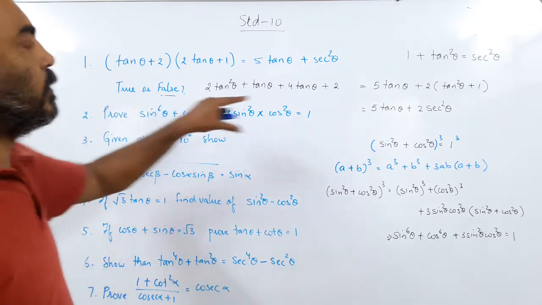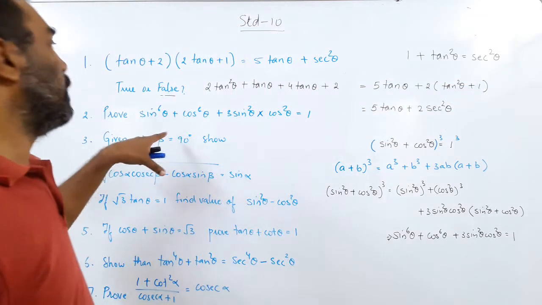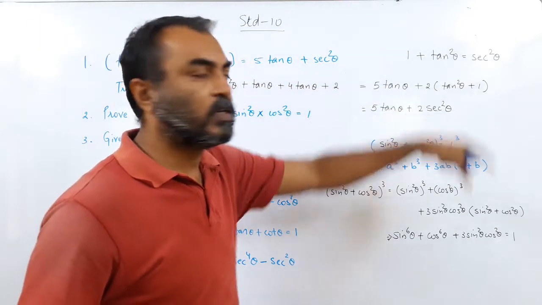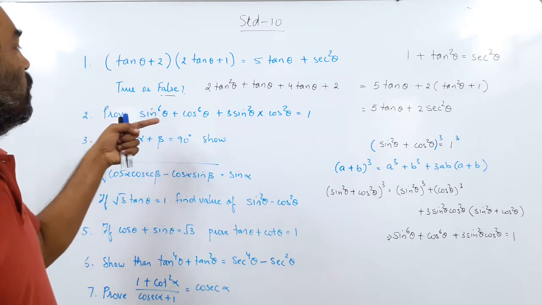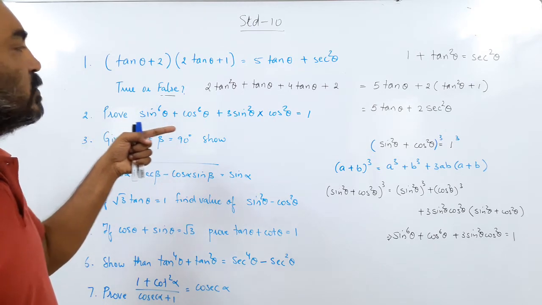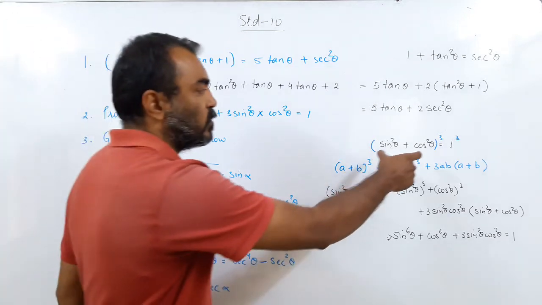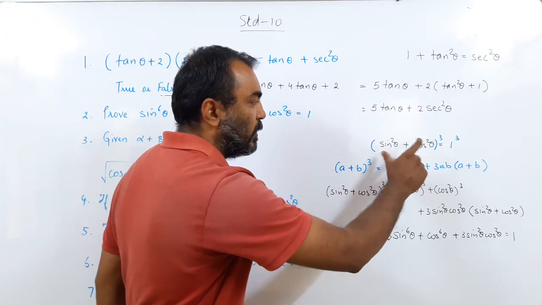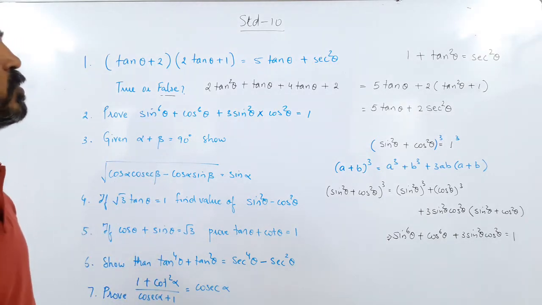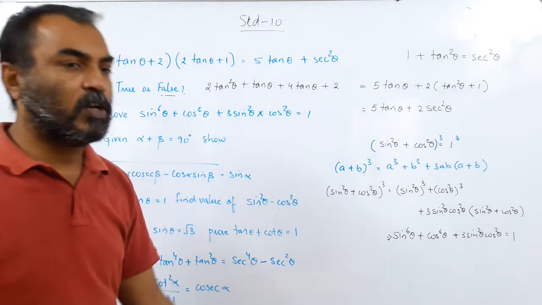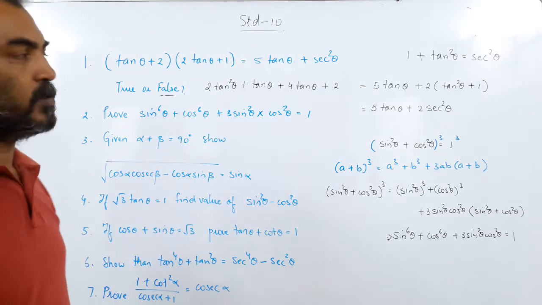I can even take 1 plus tan square theta equal to sec square theta, or I could take 1 plus cot square theta equal to cosec square theta, or I would take sin theta equal to cos 90 minus theta. There is such a lot to take. But this is the logic I use to choose what I need to start my sum with. Trigonometry uses a lot of logic because you have got a huge formula sheet. Which one to use comes only through practice.